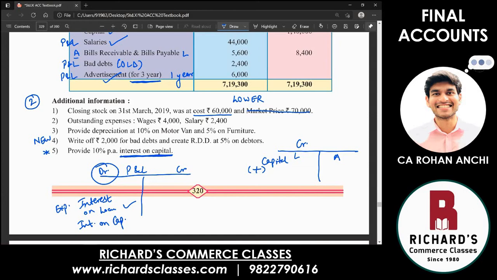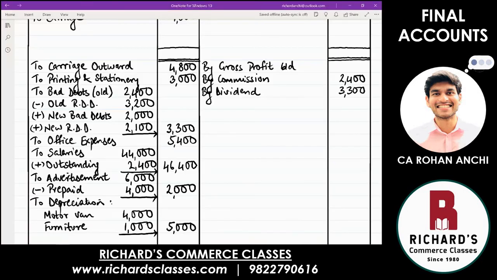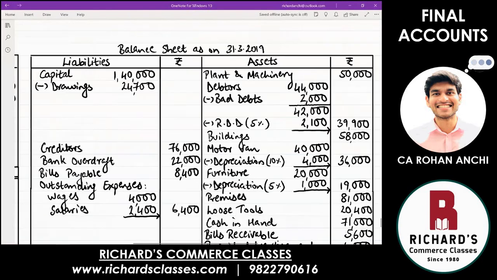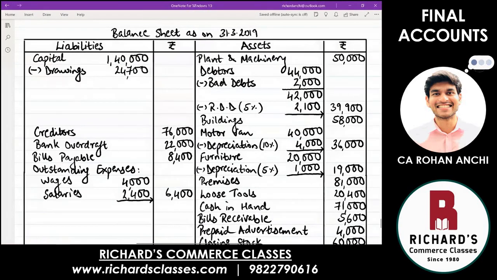Okay, and of course they have given you a rate, which means we have to calculate what that interest is. So let us do this adjustment. First, go to the balance sheet liability side and see how much money the owner has given to the business, and that you will see in the first line, capital 1,40,000. So on this 1,40,000, we have to pay him interest. For the owner, it is an income, and his wealth will increase. So here you write plus interest on capital.